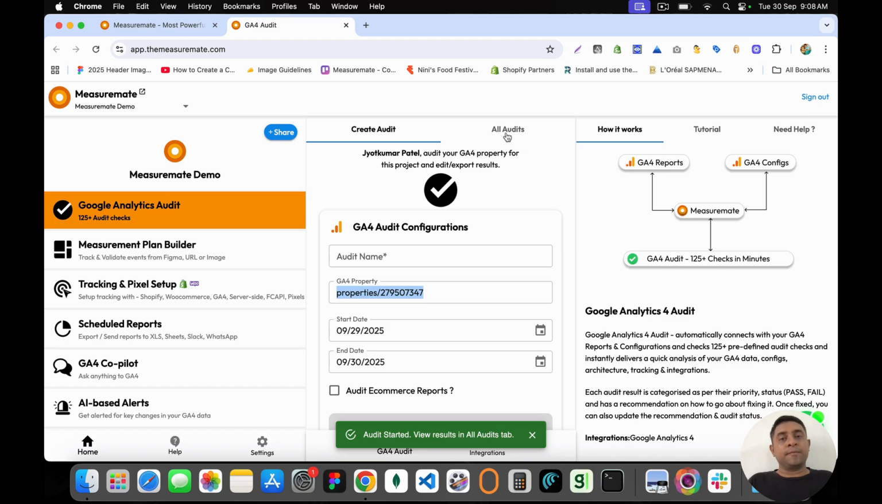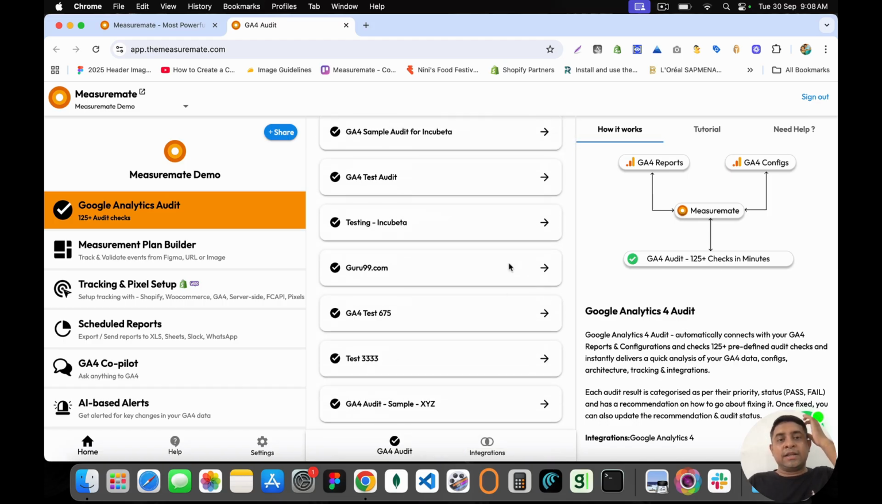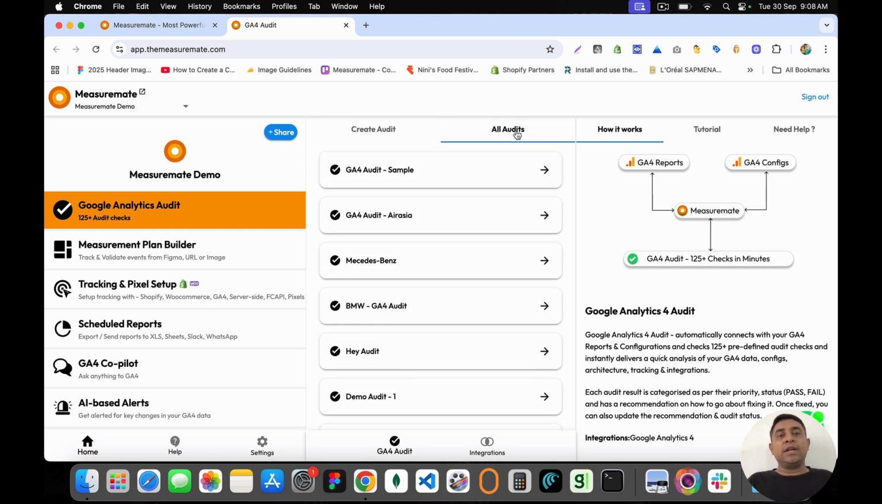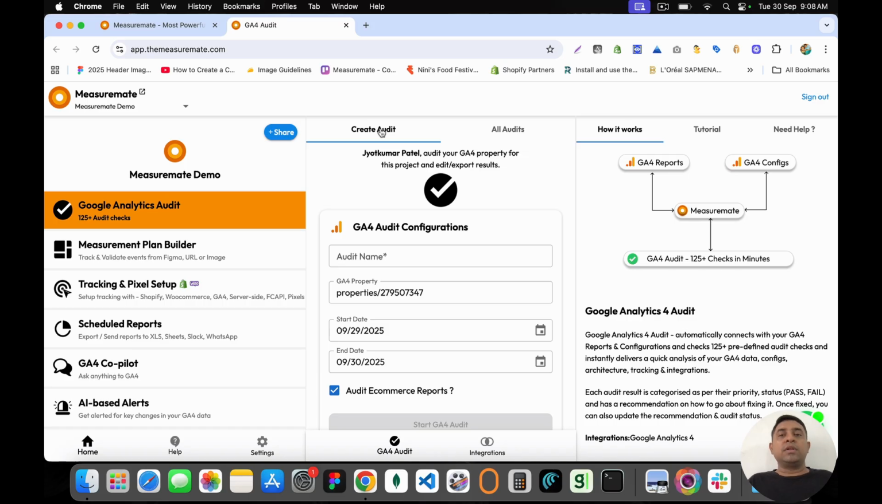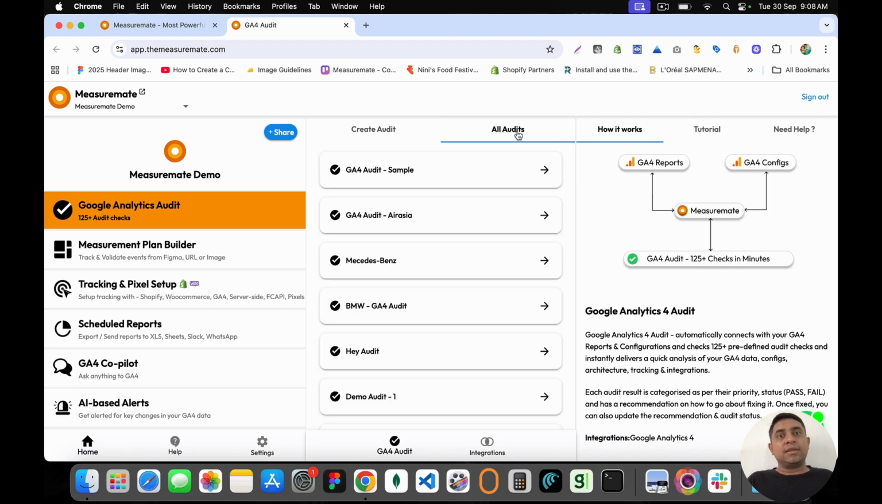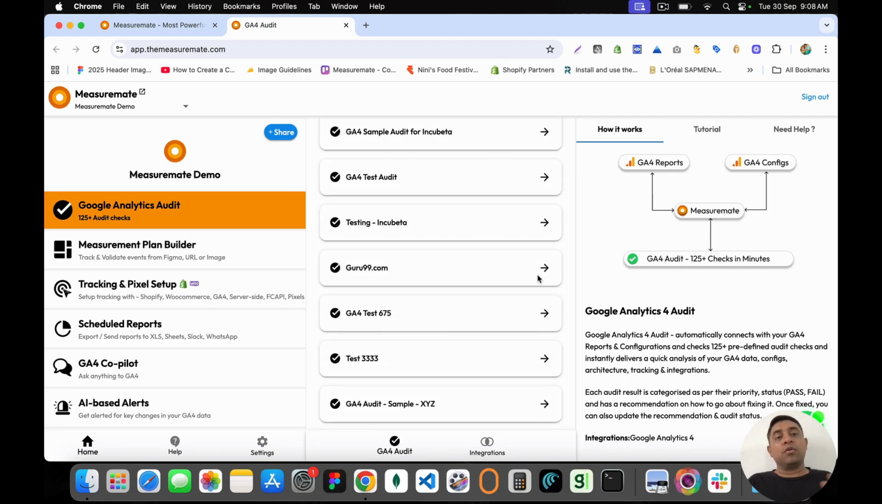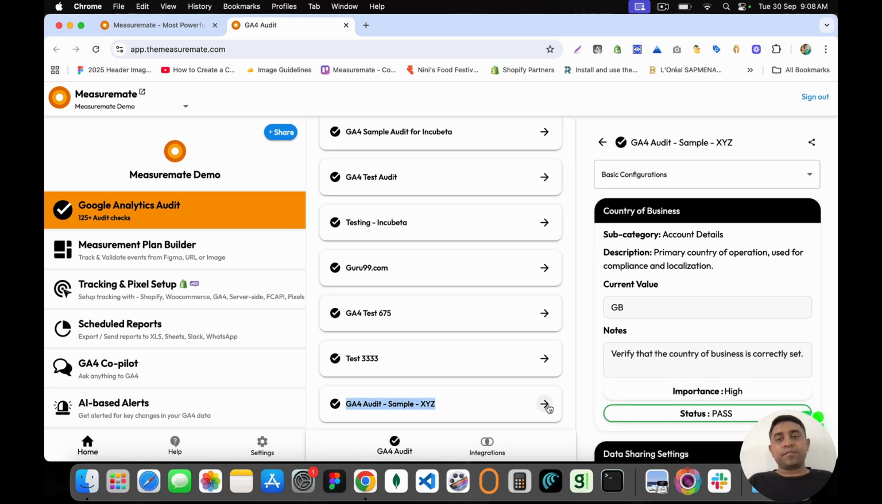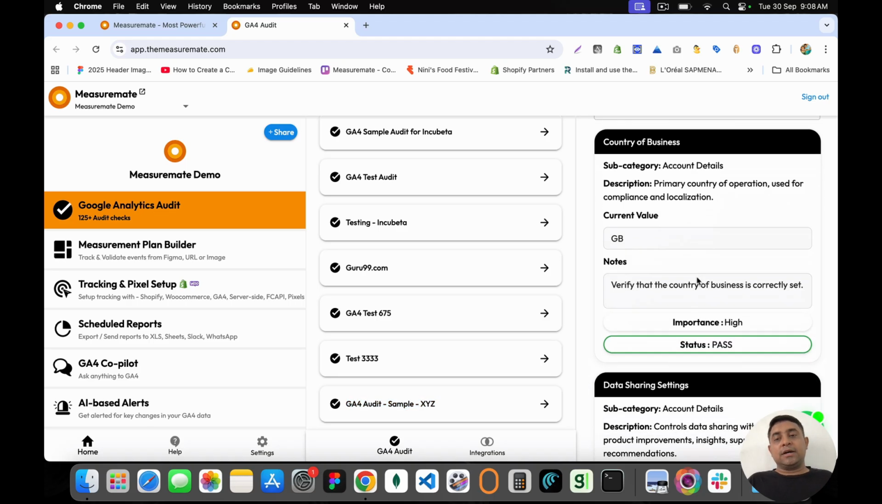Right, the moment you start, it is going to create a GA4 audit under the all audits screen, right? So throughout the product, we have followed a similar strategy, I think from a UI perspective, that you will create things in one tab, and if you want to refer to them, there is a second tab where you can refer more of these values or whatever is happening within this audit, right? So you can see that there are results here,